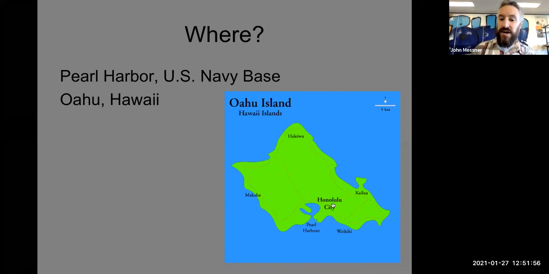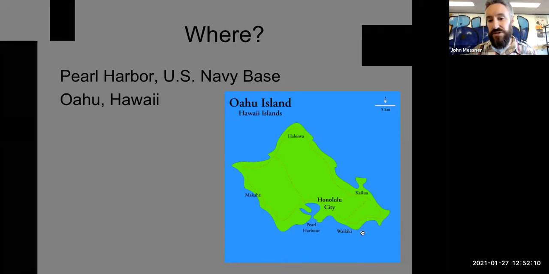And so if you fly into Honolulu, you fly over here, and then from the airport, the most popular beach in Hawaii is Waikiki here on the island of Oahu, where they have all those big hotels. And then this is Diamond Head down here, that big mountain that you can see.